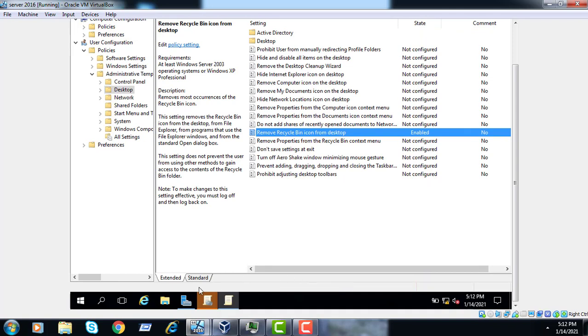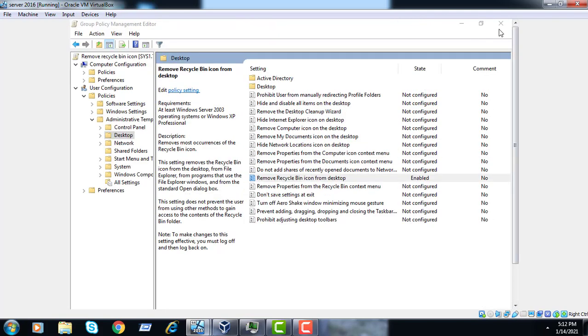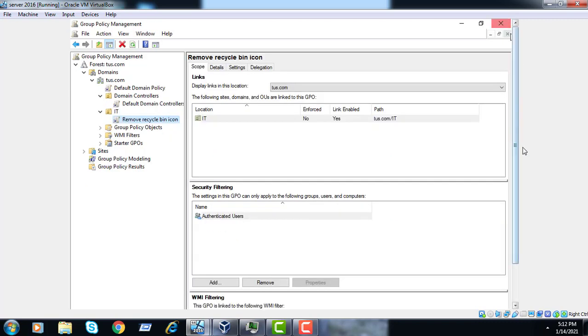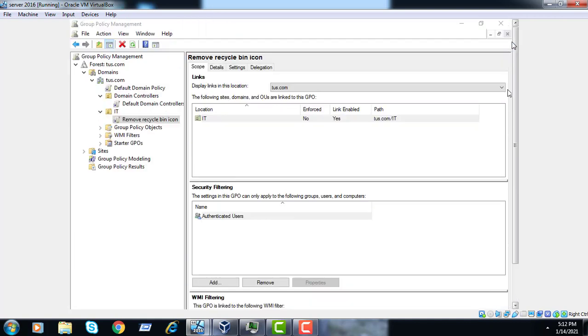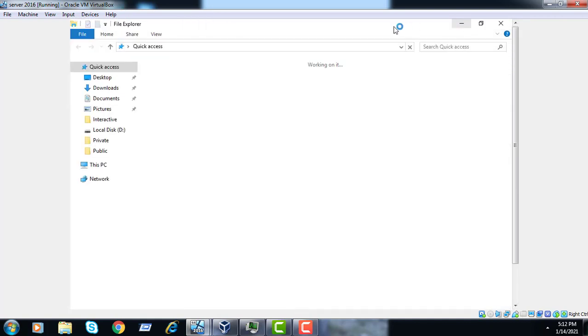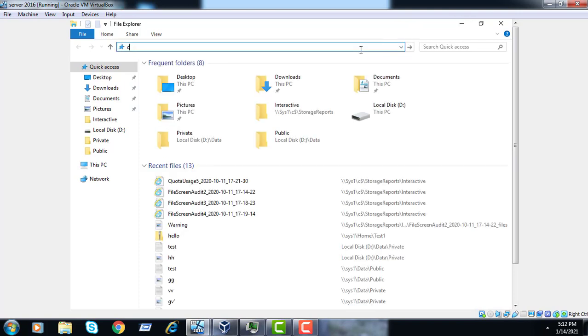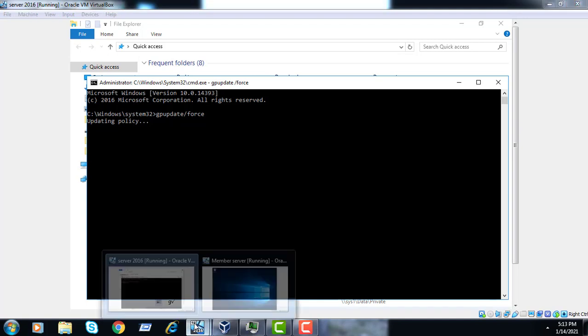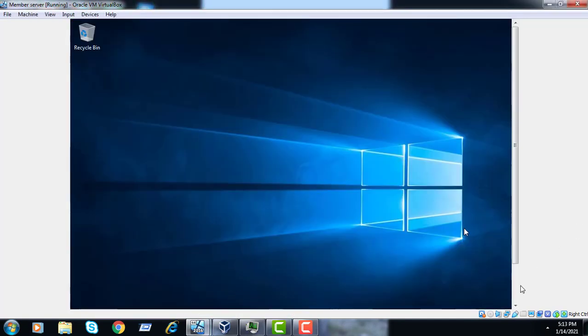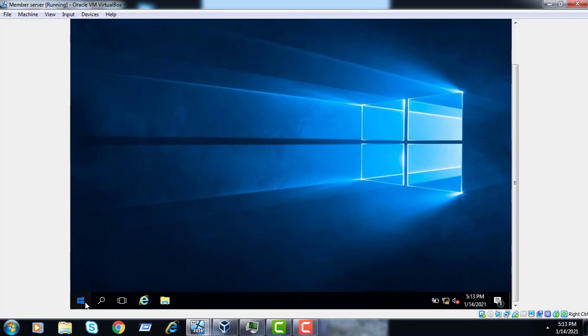Now one more thing that we have to perform is gpupdate /force. Meanwhile, we sign out of our desktop, which is already logged in as Tushar1987.